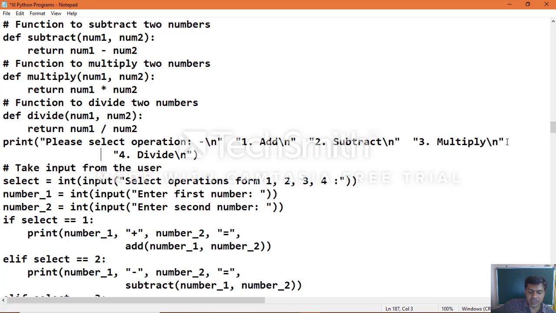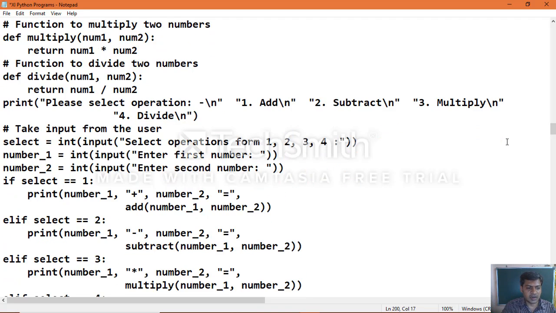First is the option which we take, and then number 1 and number 2, and we are using the comparison of condition to check the choice. If select equal to 1, then print num1 plus num2 equal to add. Add is the function which you created.